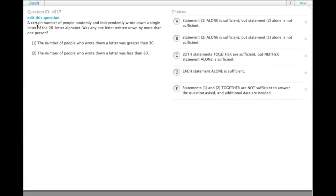A certain number of people randomly and independently wrote down a single letter of the 26-letter alphabet. Was any one letter written down by more than one person? Well, good question. Statement 1 tells us that the number of people who wrote down a letter was greater than